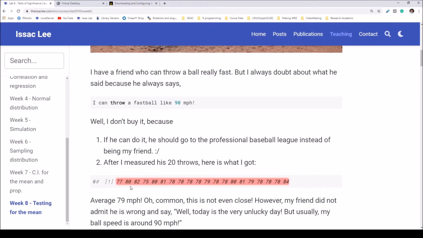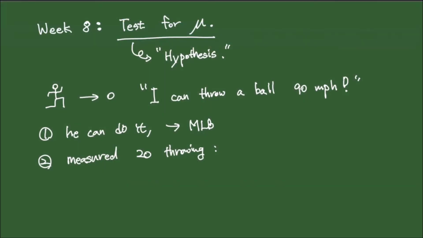Okay? So let's just write it down. So we have 77, 80, 82, and the last numbers were 78 and 84.